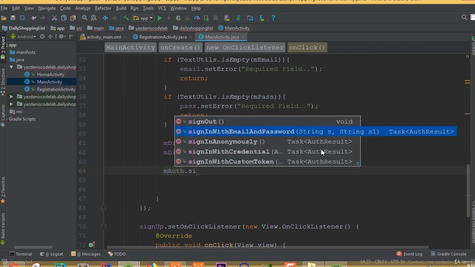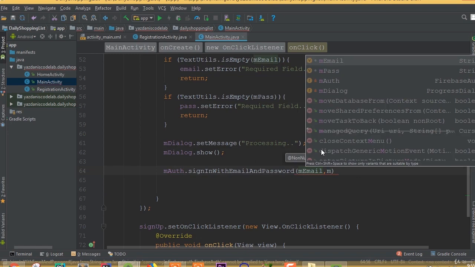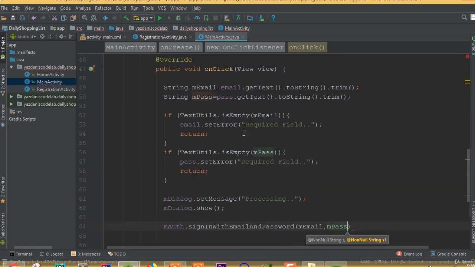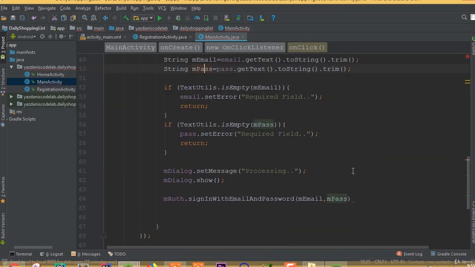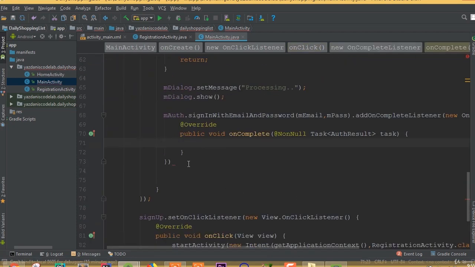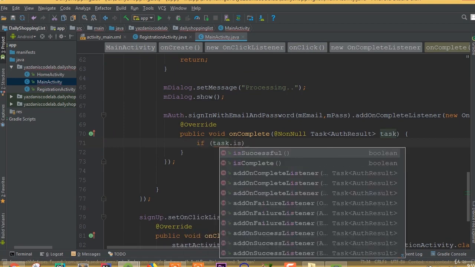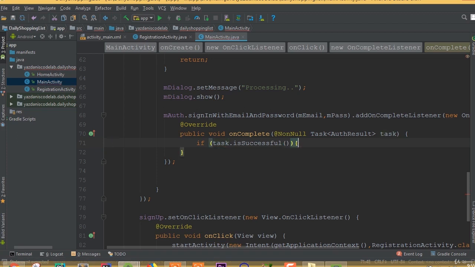Now mAuth.signInWithEmailAndPassword, and first parameter is going to be email, and second parameter is going to be pass, and .addOnCompleteListener, and new OnCompleteListener. Now we need to add an if condition. If task.isSuccessful,